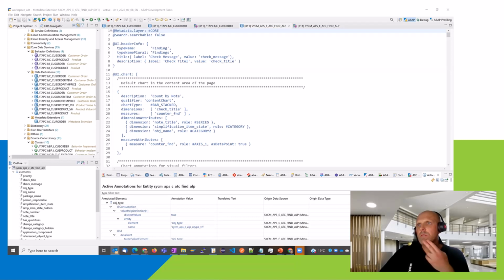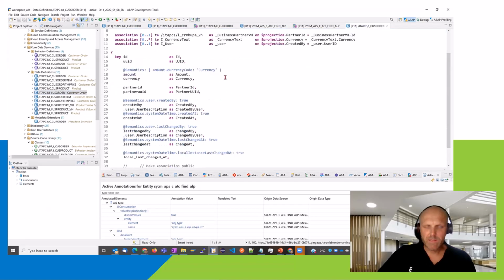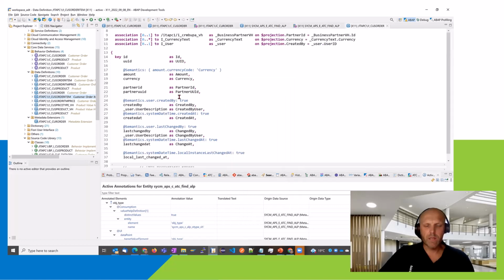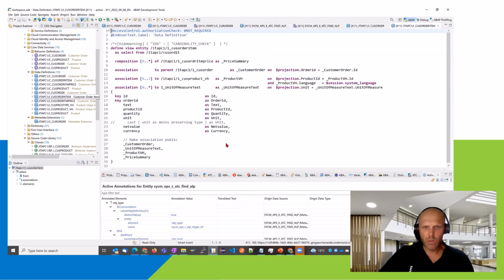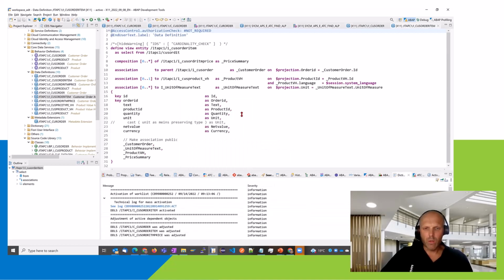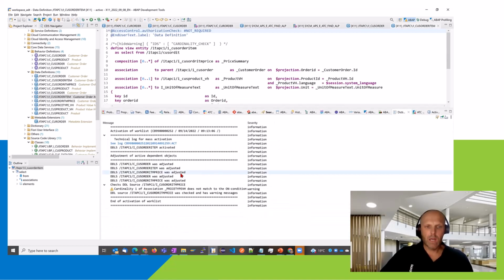Active annotations, annotation propagations. Another one, for example, is the dictionary log. So if I open that one, sometimes it also happens if you activate a view, and we will exactly see that this view, of course, is in between of others, or it's used and referenced by others. And if you just go to the dictionary log here, open with the dictionary log, you have an overview about all the referenced views that are maybe